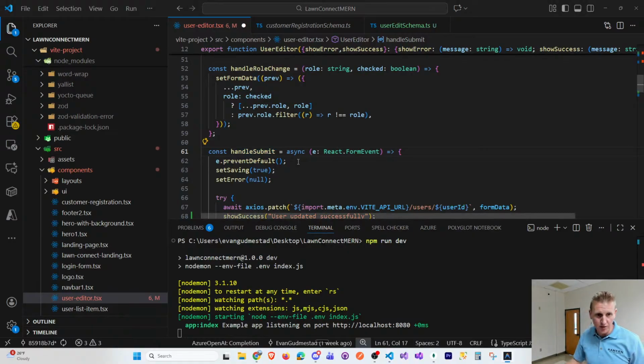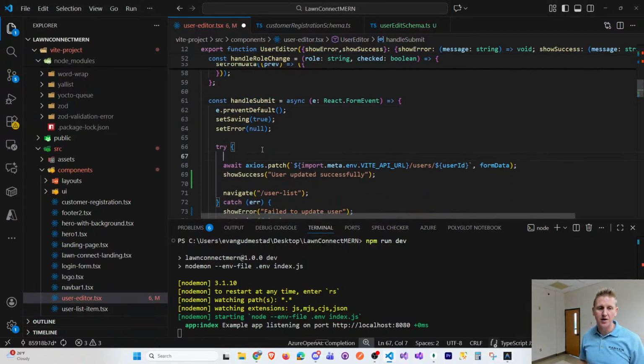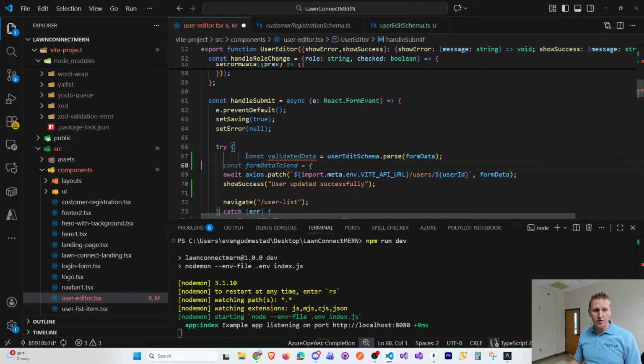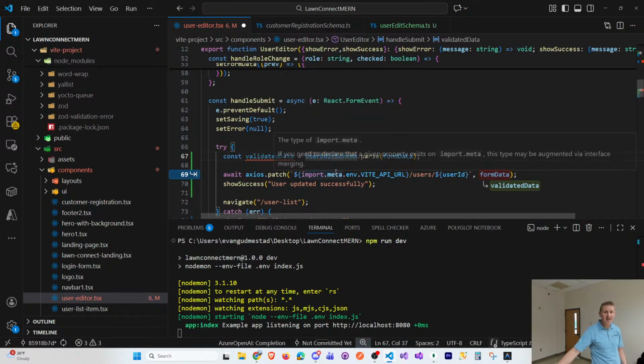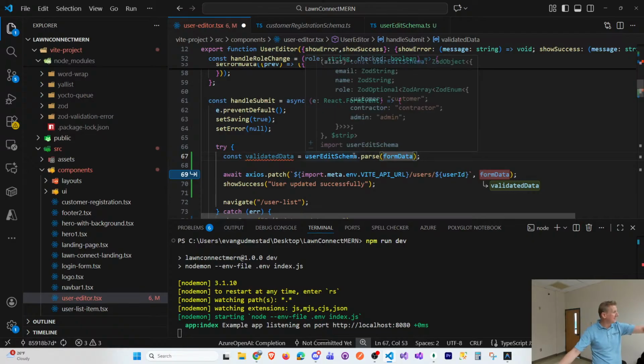And the first thing that we're going to do in our try block is, now notice what it's suggesting, right? We're going to take our form data and validate it against our user edit schema. So userEditSchema.parse. This is the data that we were just sending into our back end. But instead,